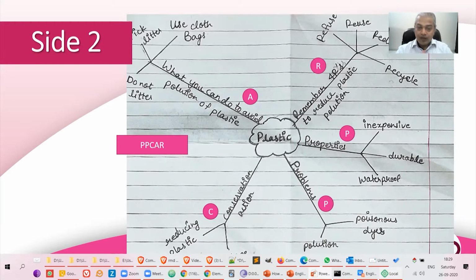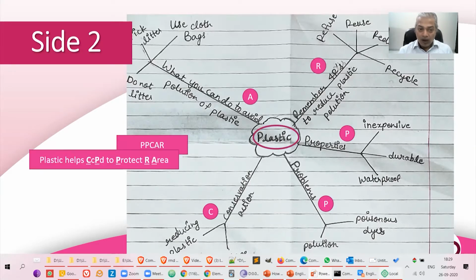Yeah. So PPCAR, I need to link with plastic. Okay. And this is where I will now create my mnemonic for this subtopic. Okay, so I would say let me create a mnemonic now. I've created this mnemonic: plastic helps CCPD to protect our area.